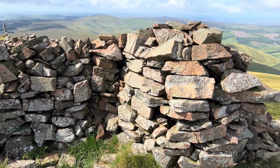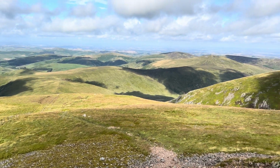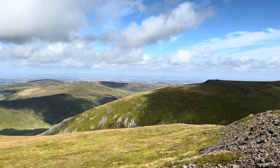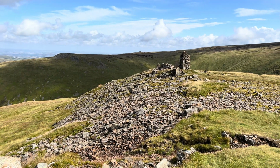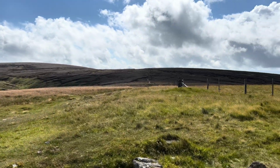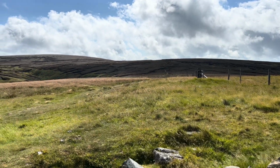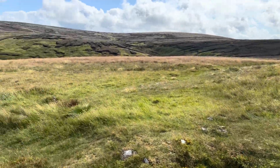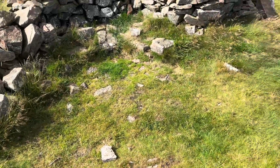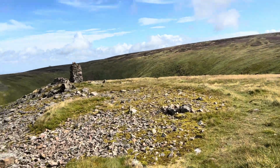Here we are then, the top of Ive Hope Cairn. There's the refuge hut down there. There's the border ridge, we've come all along that. Hen Hole down there, and there's the rest of the Pennine Way up towards the summit of the Cheviot and then on. I'm not going up there because it's a bit of a letdown, the summit, to be honest. So there's your perfect bivvy spot up here. I've had my map there many a time, but I'm actually sitting over here today because